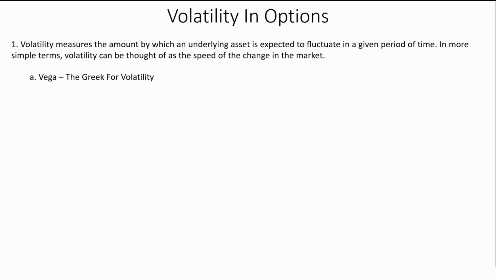I'm not going to go into detail now. We will in the standard deviation course, as far as how to calculate it, because obviously we're trading in shorter periods than 1 year. But just keep in mind that volatility tells you how much that product should fluctuate, what that range should be in a given period of time. And as a side note, you'll see references to different Greeks in trading options. Vega is the Greek for volatility.